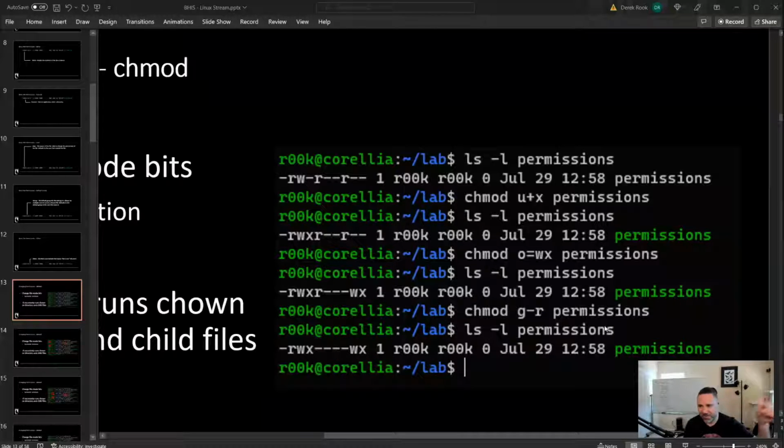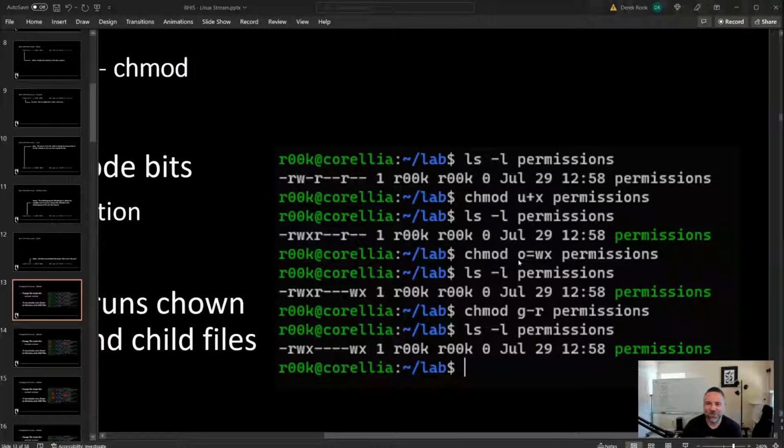From there, you have plus, equals, and minus, and that makes it so that you can either add permissions, set permissions explicitly to something, or remove specific permissions. For instance, we have user is read write, but no execute. If we do u plus x, that's the user adding the execute bit. And so now we have read, write, and execute here. It doesn't modify the things that are already there. It just adds the execute bit.